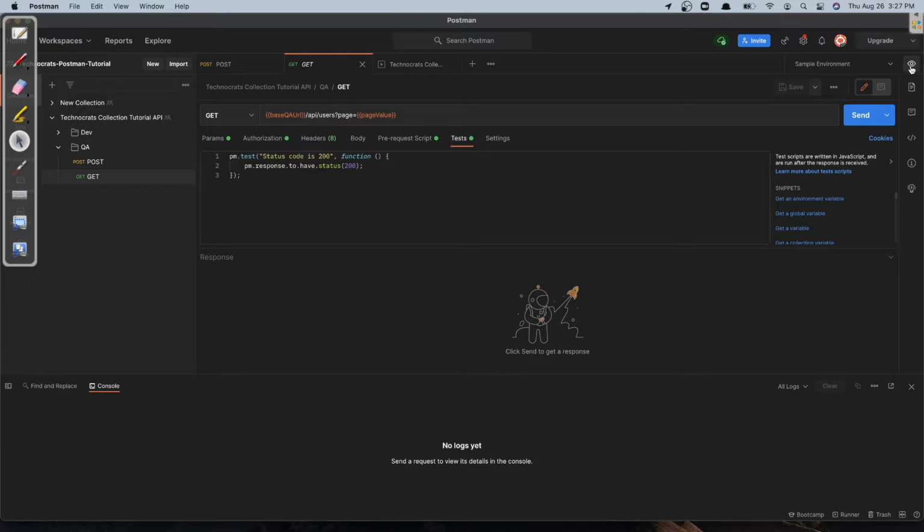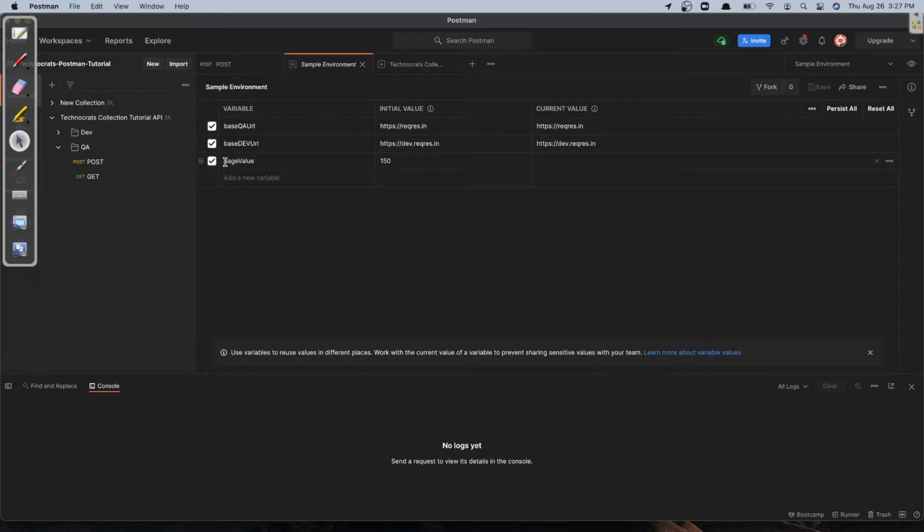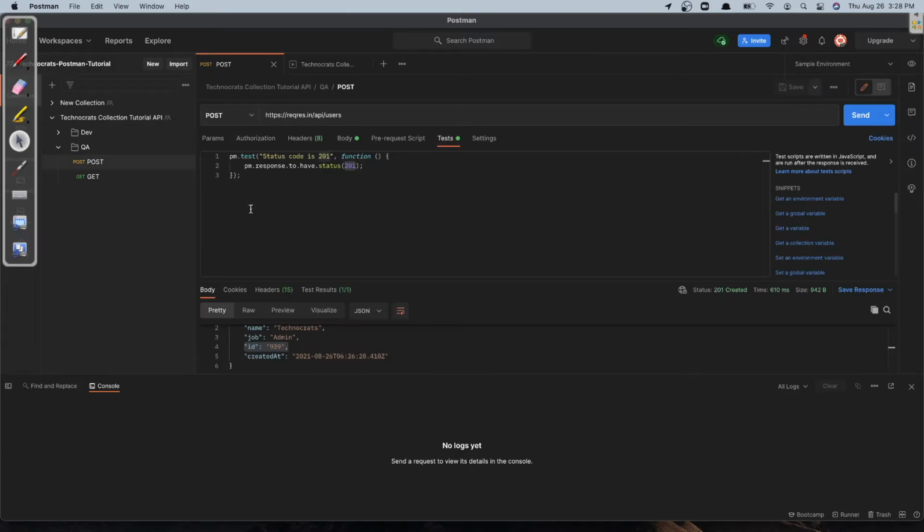For that purpose you have to create an environment variable from here. I already have this page value environment variable with value 150, which is the default value. So I will not recreate it. Don't save anything. Okay, and next step, as I said, we have to save this value. So we will write a simple script: read the JSON response, get and set page value. Page value is basically the ID field of this response, and I'm also writing a console.log to print this on the console